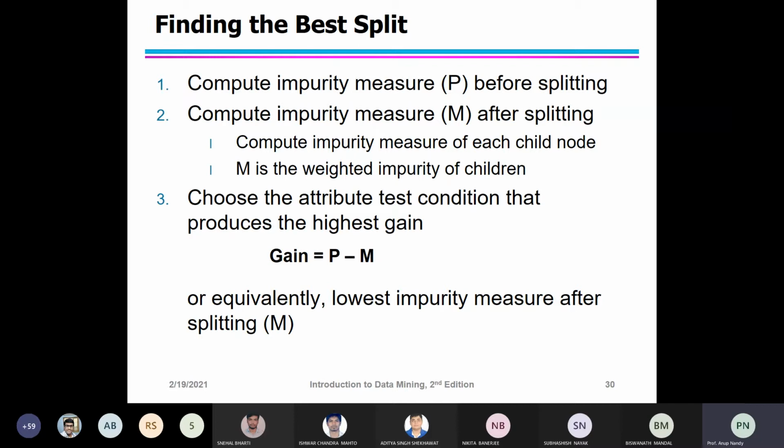For the Gini index you compute the gain, but whenever you use entropy as the impurity measure, it should be considered as the information gain.